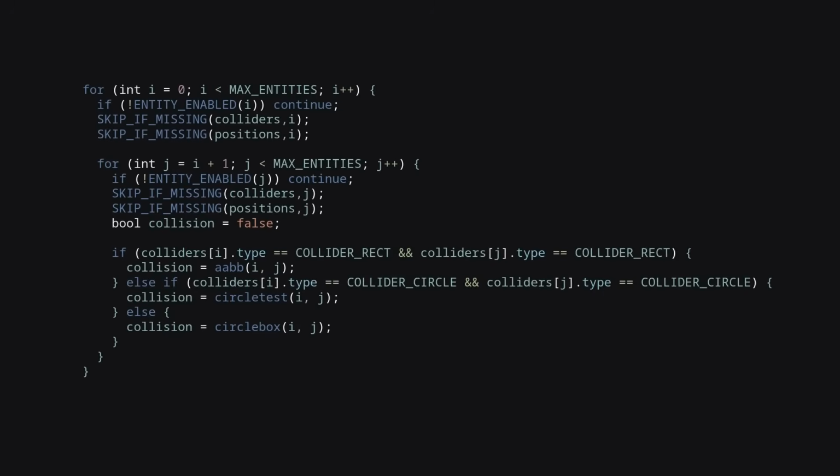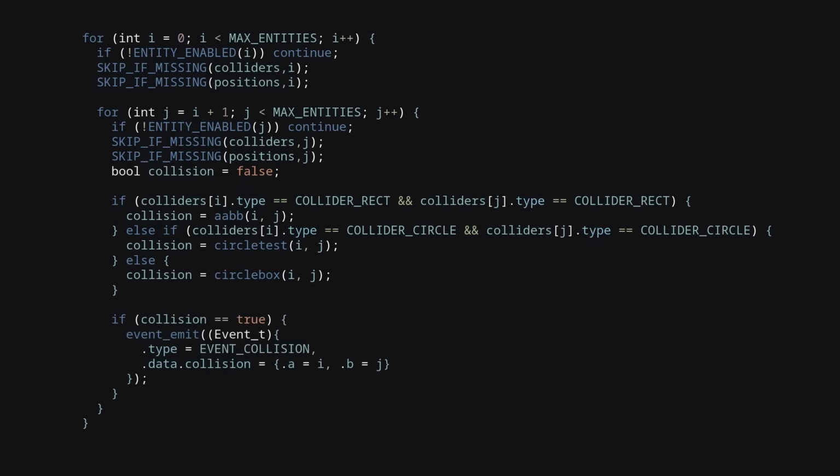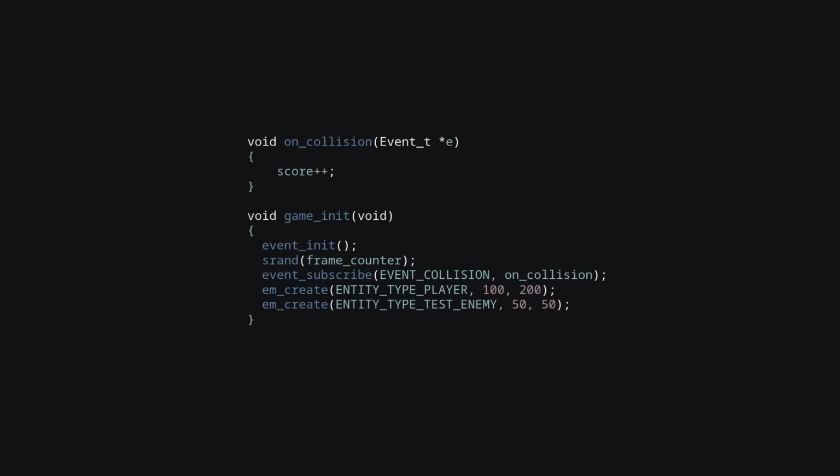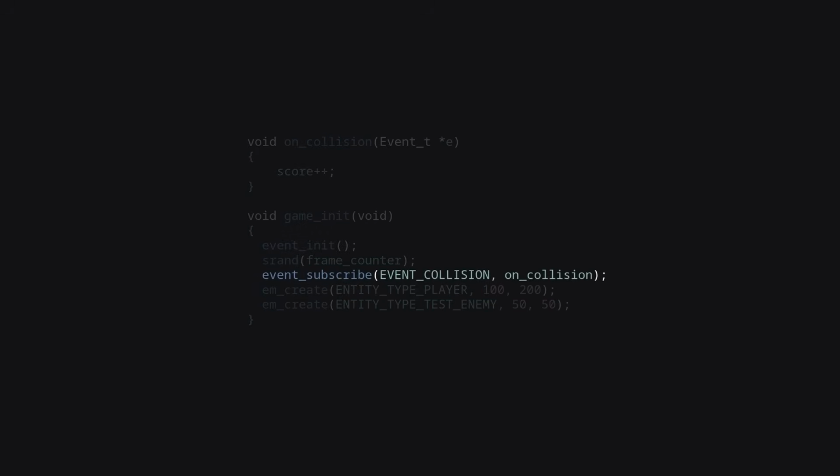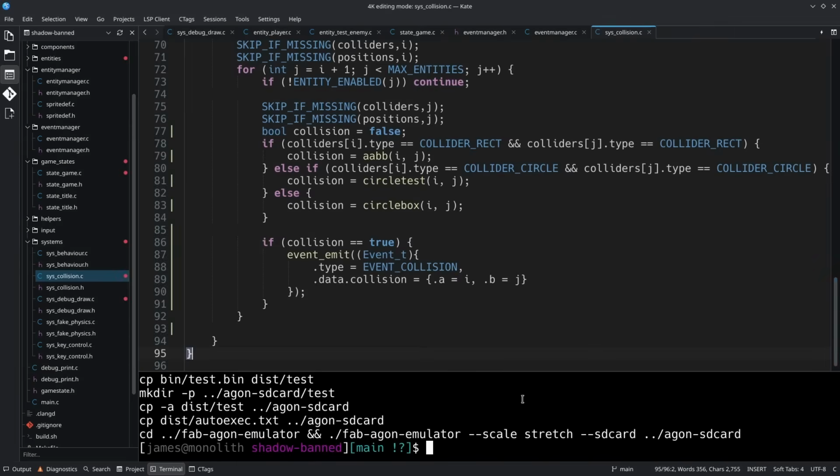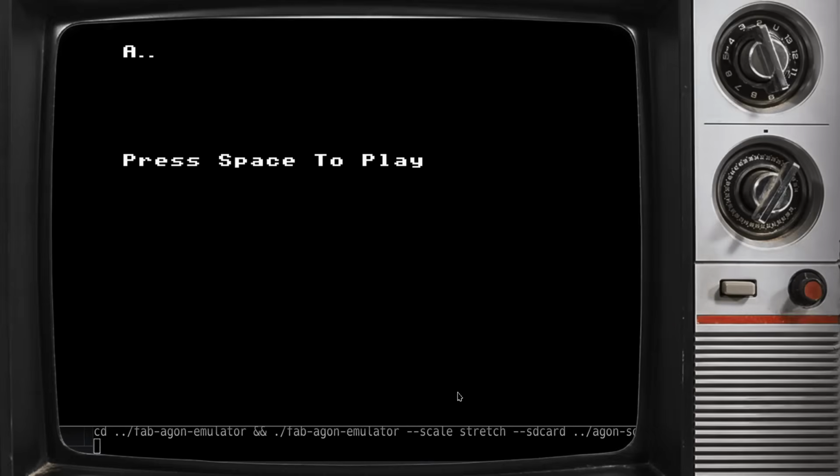To use this, all I do is add a tiny bit of code to the collision detection routine to emit a collision event. And then over in my completely separate main game state that has no idea that any of this exists, I can just subscribe to the collision event and, for testing, pass in this little event handler that just increments the score. Everything is separate, nothing knows about each other existing. It's really nice. So now, if I run the game,